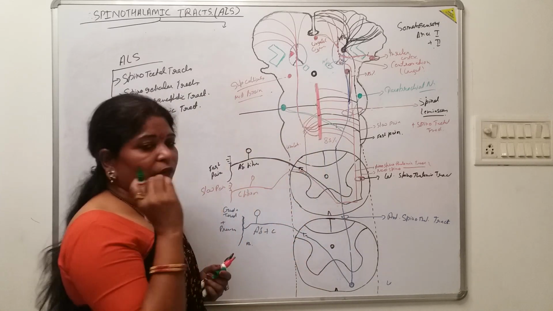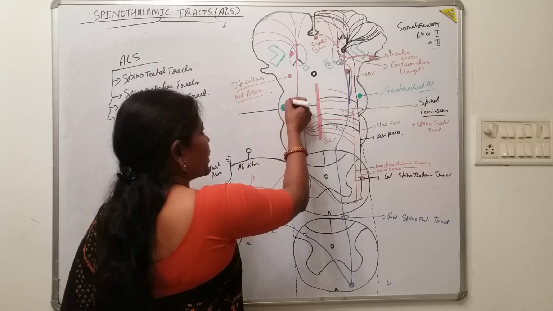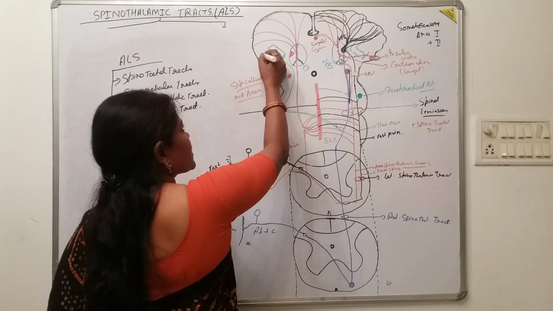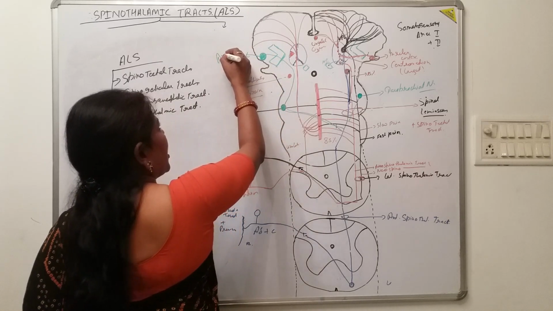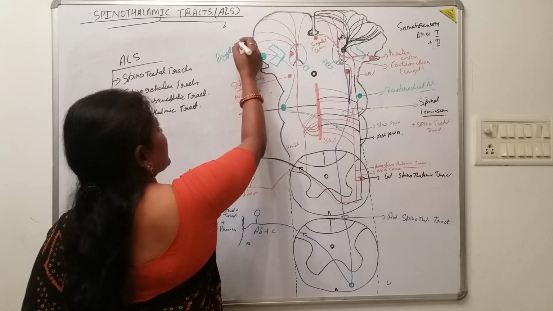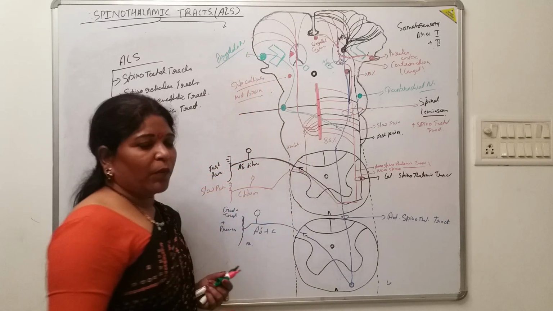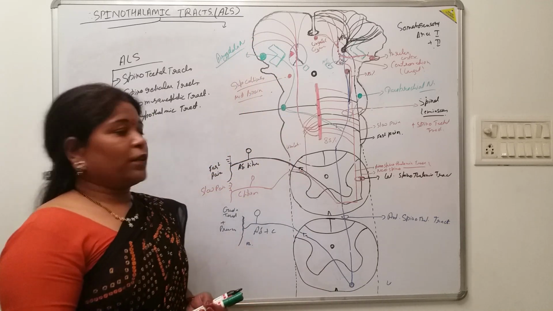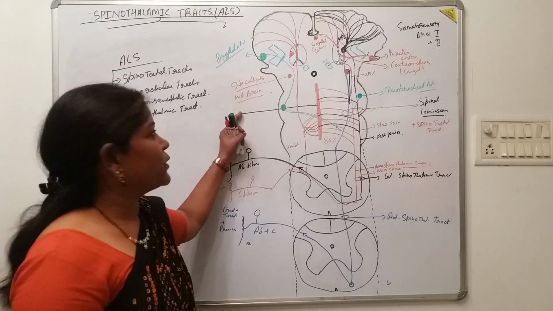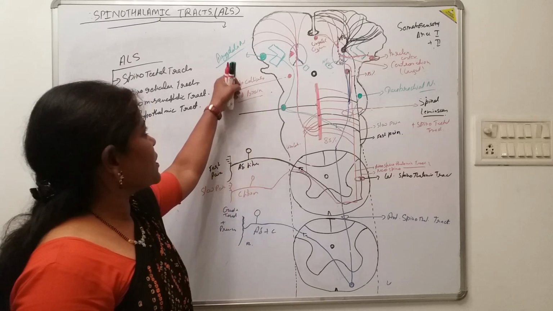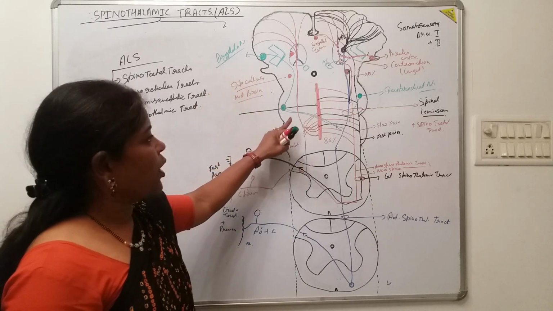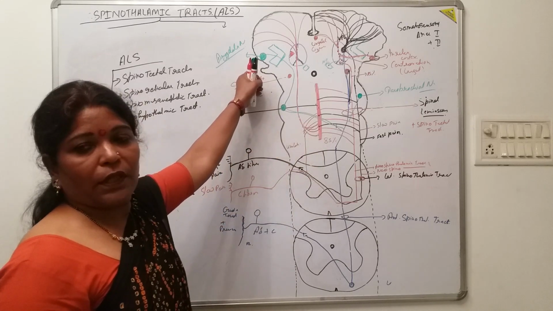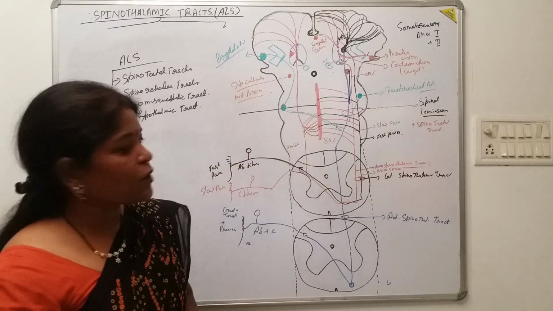This parabrachial nucleus is connected to a very important part of the cerebral cortex. It will ascend upwards and relate to the amygdala nucleus. This amygdala nucleus is very important. It deals with fear, anger, the aspects of painful stimuli. So via the parabrachial nucleus, these collaterals go to the amygdala nucleus for the fear and anger aspects of the pain.